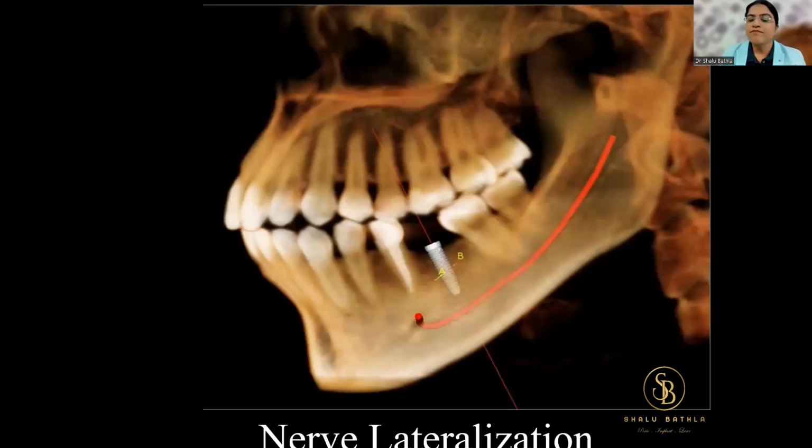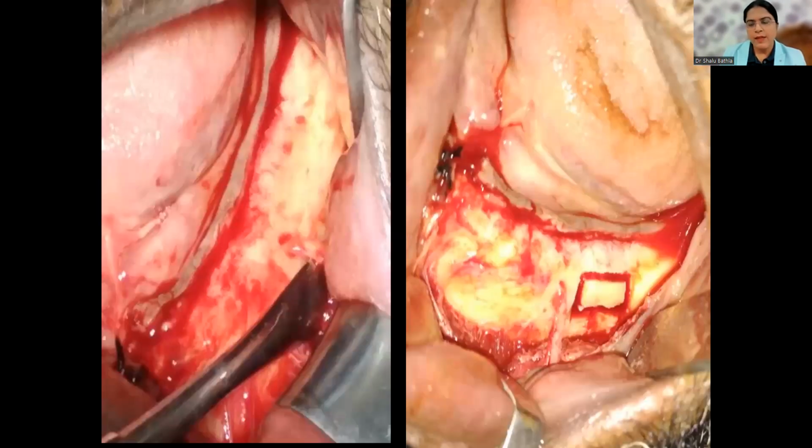If the inferior alveolar nerve is very near, we can go for nerve lateralization. These slides show the nerve lateralization. The nerve was very close, so the osteotomy was done and the cortical plate was removed.